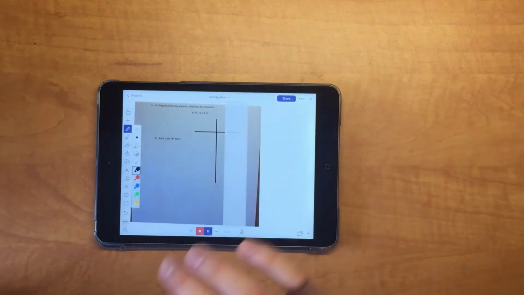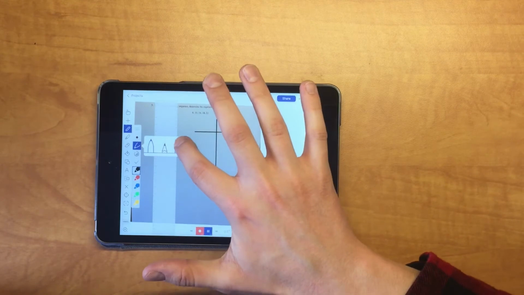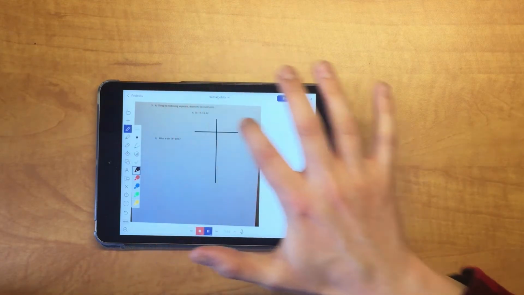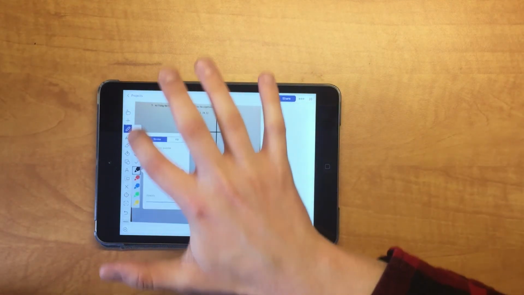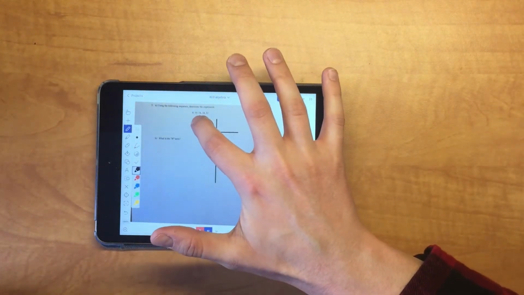Okay, and then, when I was on practicum, all the kids were saying, like, well, how do we get rid of the ruler? Well, to get rid of the ruler, you just deselect the ruler in the menu bar here. Okay, so then once we want to solve this, on our T-chart, we're going to label this as our term